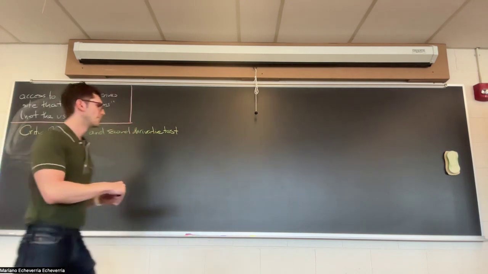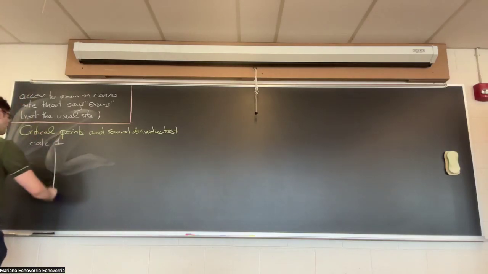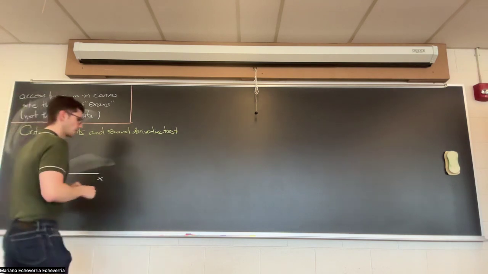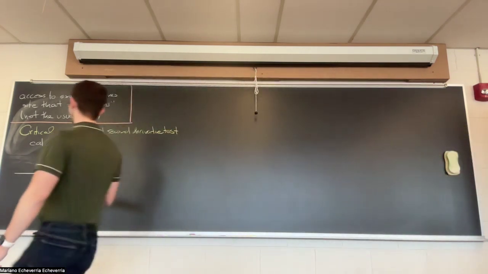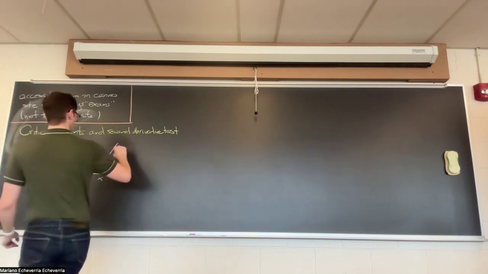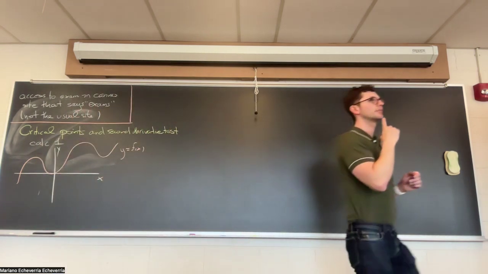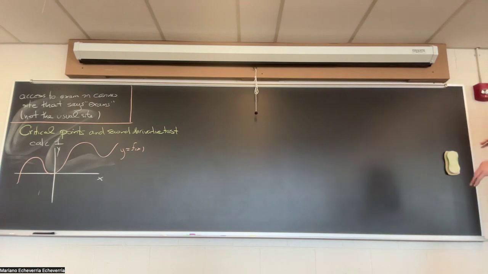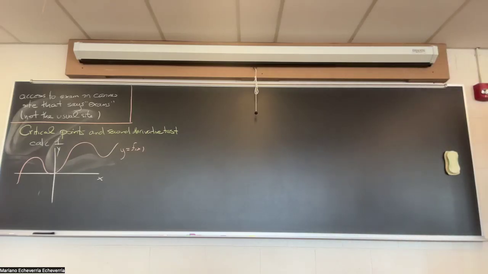Let's start with a reminder of critical points from Calc 1. In Calc 1, if you have a function of one variable, y equals f of x, for optimization problems and other types of problems, also curve sketching, you were interested in finding the max and the min of the function. Typically they are called relative maxima or relative minima, also local max or local min, because